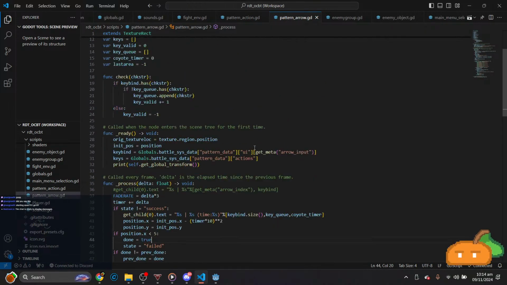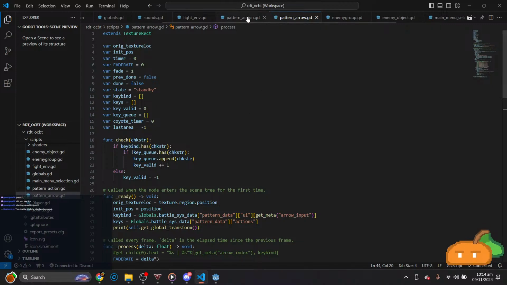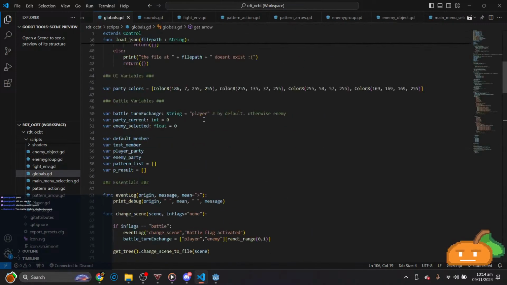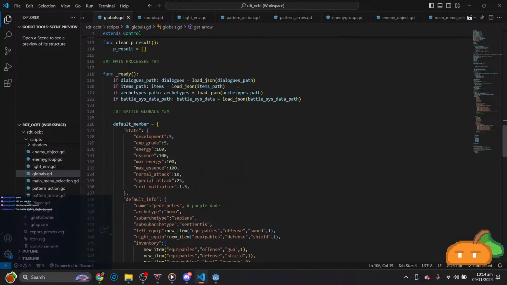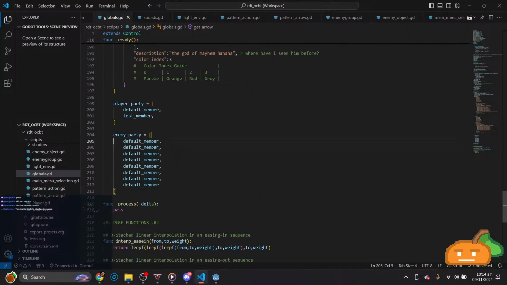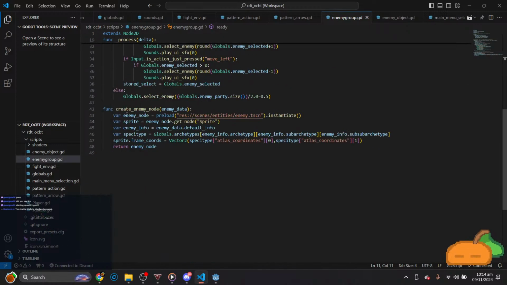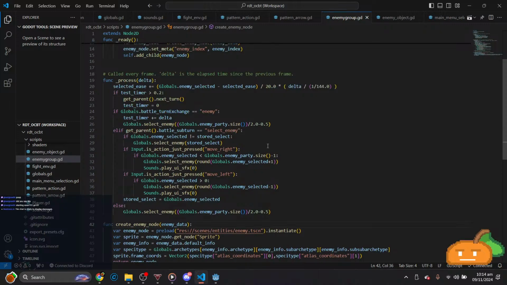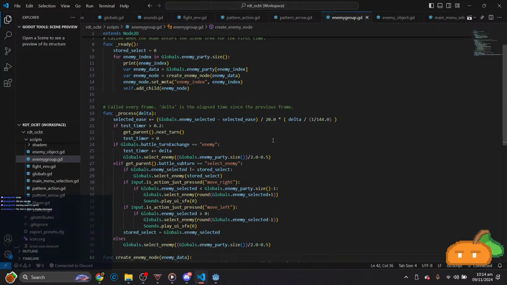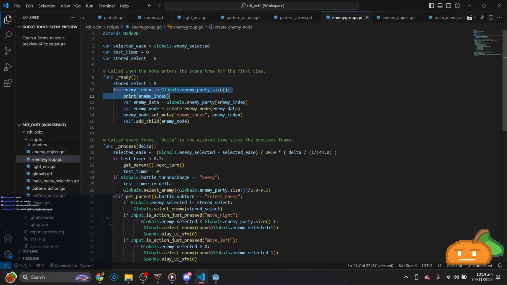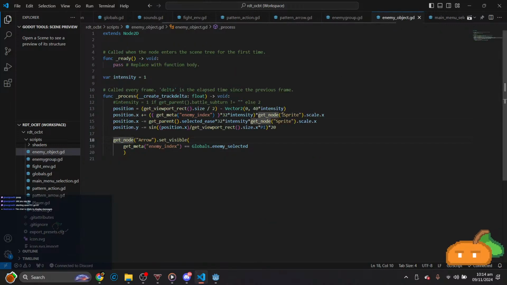Wait, so I have Lolo's thing. I have enemy party, so this one just spawns, when it's ready, it just spits out enemy nodes. So there's an enemy index, so